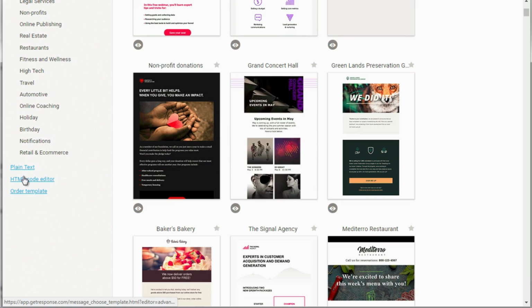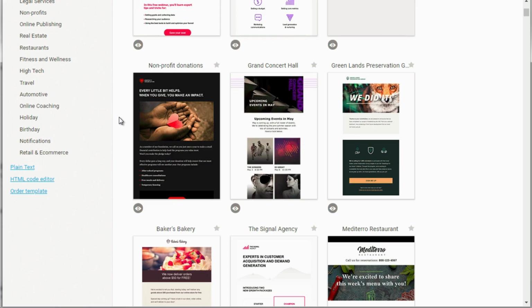Now, keep in mind that if you are trying to track if somebody actually opened the email or not, you definitely need to use the HTML code editor. The plain text editor doesn't really track that information, but what it does track is if somebody clicks on your link. Because what happens with the HTML code, they'll insert like an image, and if somebody opens like their email on their phone, it'll load that image and it'll trigger the stats to let you know that, oh, this person